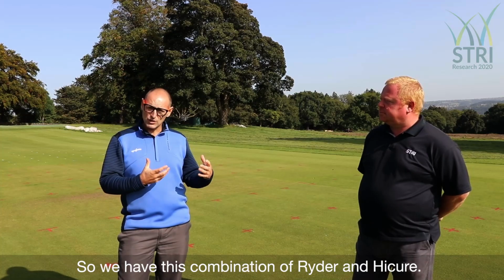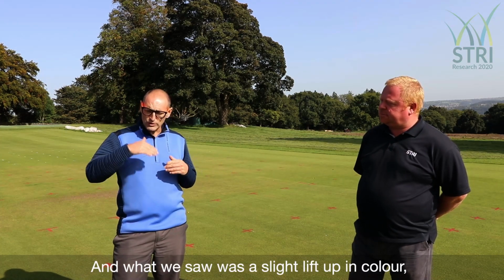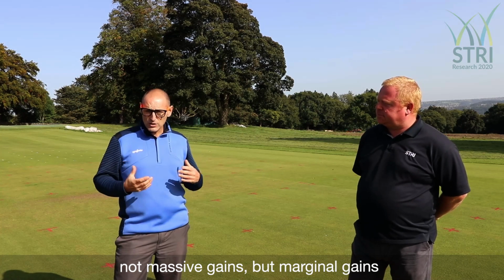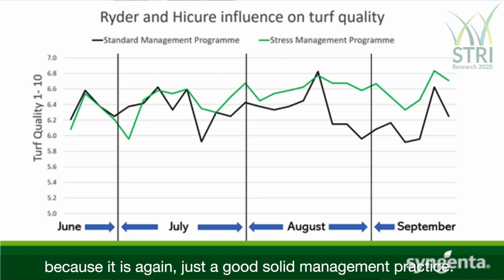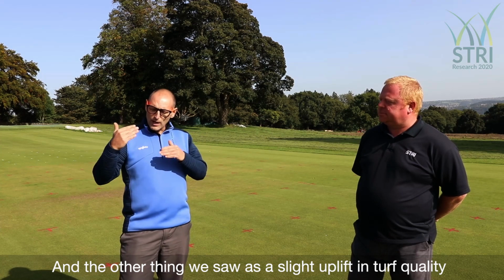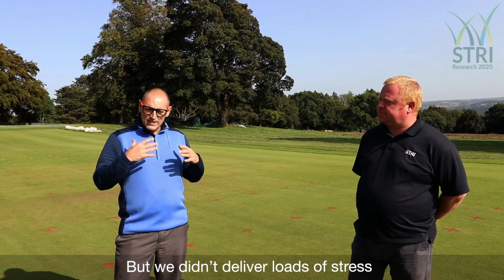So we had this combination of Rider and HiCure. And what we saw was a slight lift up in colour, not massive gains, but marginal gains. And everything we're doing here is going to be marginal because it is against a good, solid management practice. And the other thing we saw was a slight uplift in turf quality, nothing massive again, but we didn't deliver